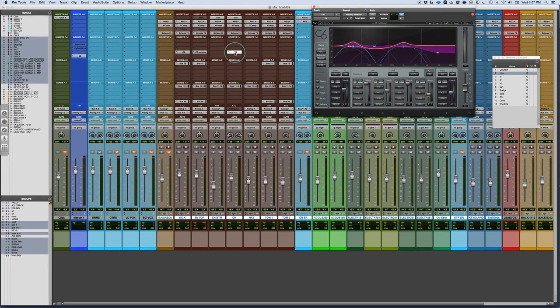I'm just going to copy this over to the overheads, and I can get a bit of similar movement, although I might shift the frequency area a little bit, tighten this Q up to be a little more focused in a more mid-range, boxy area, and then focus this a little more broadly. Maybe even take this guy out and work with this guy here so that I can get the overall low end to focus with the